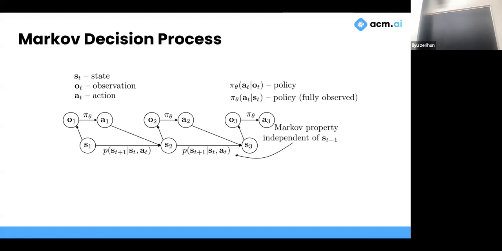So every time you see a graph like this, you should keep in mind the underlying format of what this means, which is given a state and an observation, you're going to take an action that's going to take you to another state, and so on. And each action has some probability associated with it. So if you have multiple possible actions, there's some probability that it takes one specific action that will land you in one specific state.